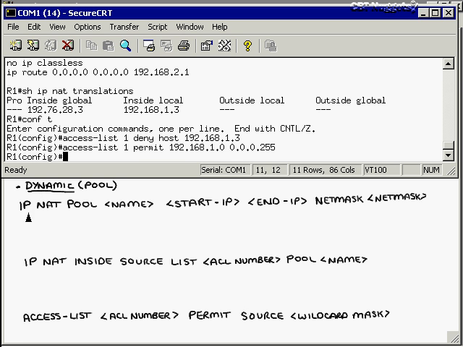All right, the next thing we're going to set up is the pool. So let's look at our IP NAT pool command. IP NAT pool, the name is going to be, as I said before, Nugget. I'm going to cap it so that whenever you see the name, you'll recognize it pretty readily with its caps. Have a start IP,